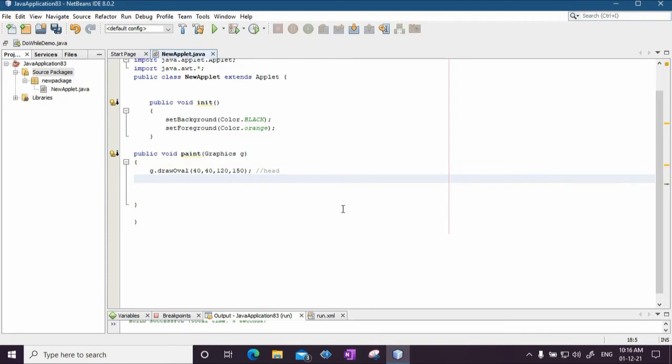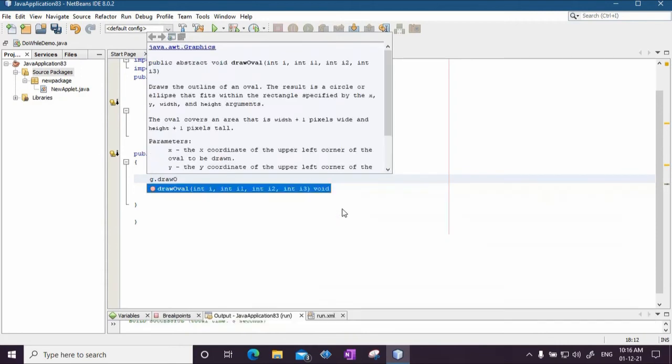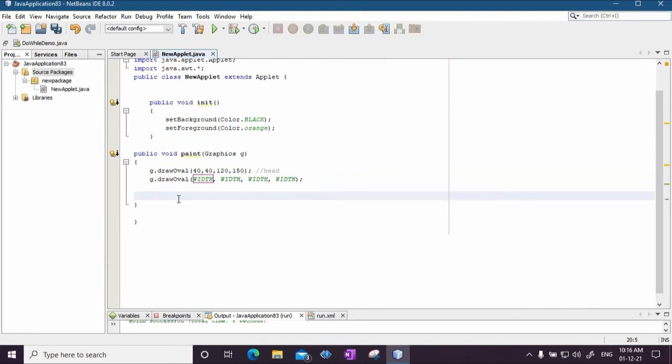Again, g.drawOval. The left eye will be within this particular oval, right? It should be within this oval. So let's say 57, 75.